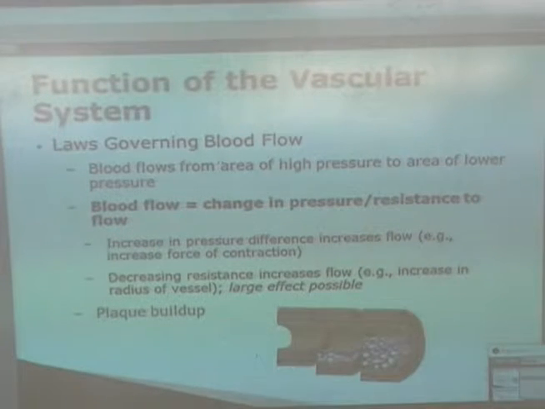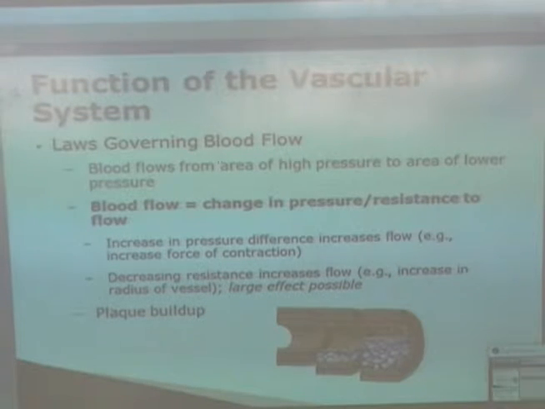If you've done physics at school or as a Gen Ed class, then you'll probably recognize this rule that matter, so it can be liquids, but it can also be gases, flows from an area of high